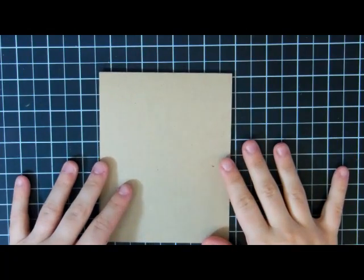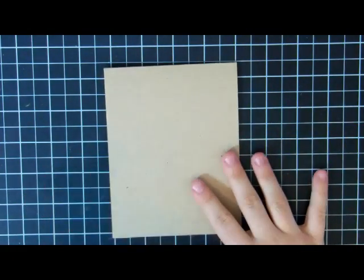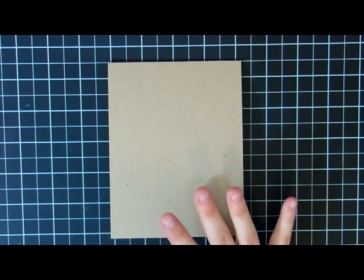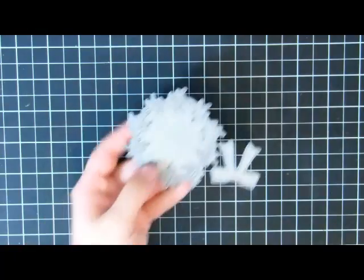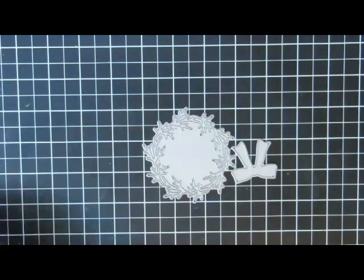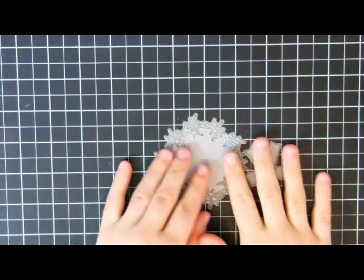I have a little bit of a voice coming back to me now, so it's a little easier for me to do this card. But I hadn't had an opportunity to do a haul, and I got an order from MFT, and one of the things I got is this die right here. I forget what it's called, let me tell you. It's called Winter Wreath. And I just thought it was beautiful, so we're going to be using that for the